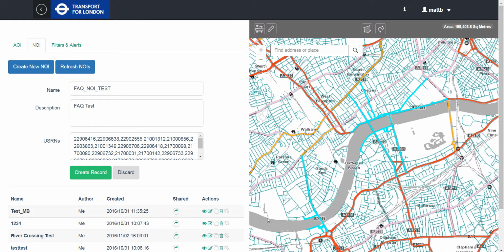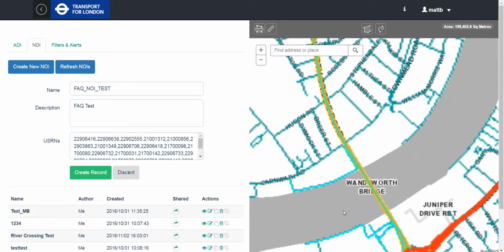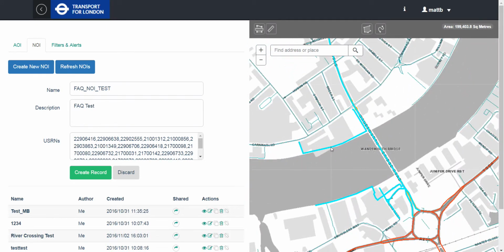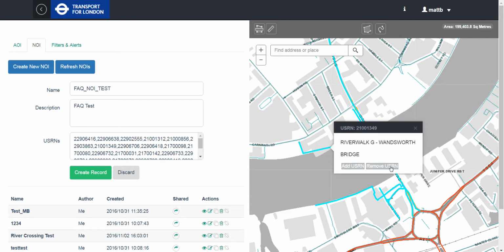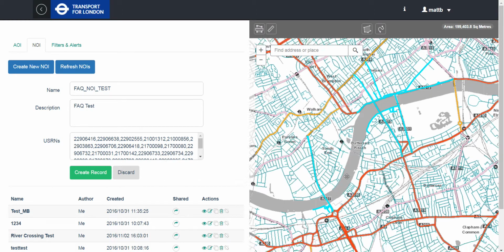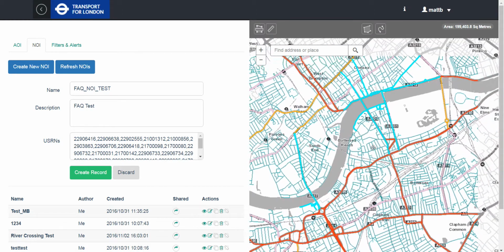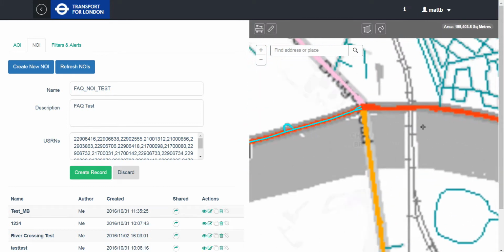And what it's done is highlighted all of that area as well. Say during that particular exercise I'd made a mistake. So say down here, I'm not interested in this particular USRN. I can click on that USRN and I can remove it from the list. So now that's been removed. Similarly, if there was a road that I did miss that I was interested in,